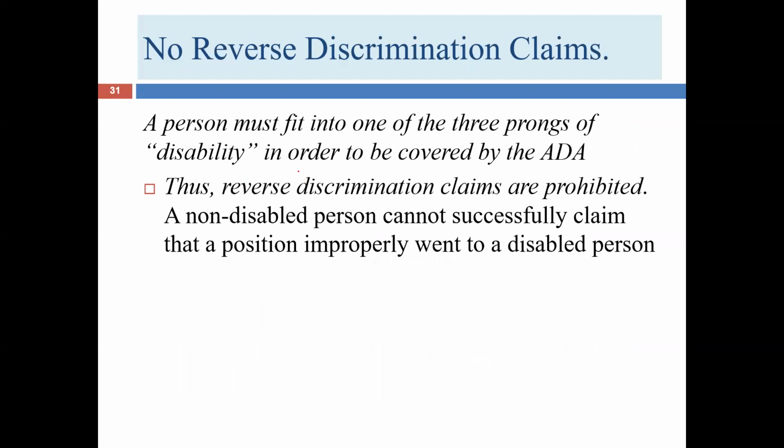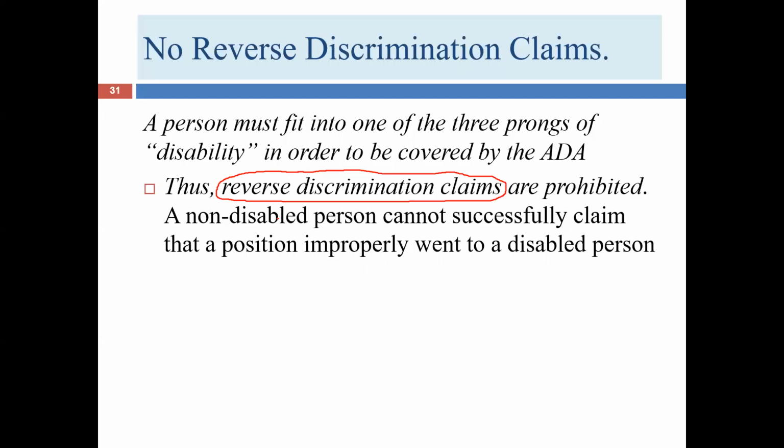We do not have reverse ADA discrimination claims. So if I am mad that I don't get as much time off as Bob, who's disabled, gets, and I happen to be able-bodied, I have no legal basis to say I should be getting what Bob's getting, because I'm not entitled to reasonable accommodation. It is the case that we will see sometimes that non-disabled people lose jobs that they ordinarily would have gotten, and that the disabled person is able to get the job before the non-disabled person.